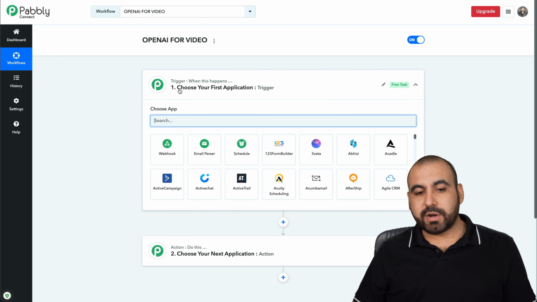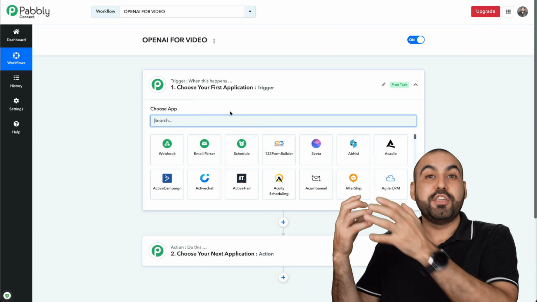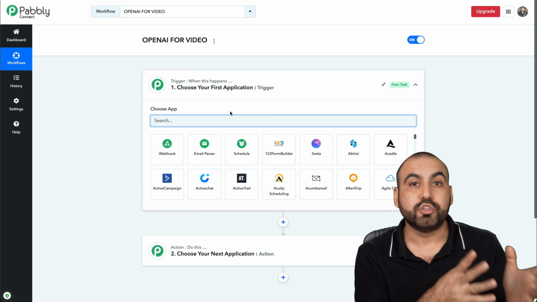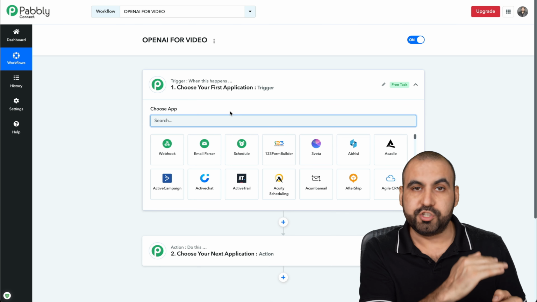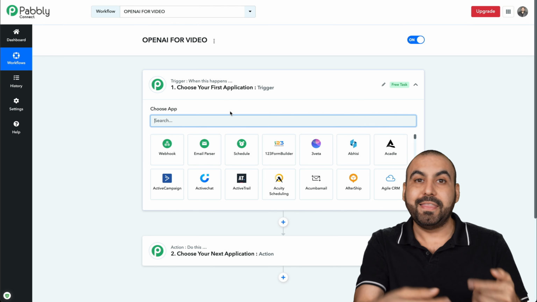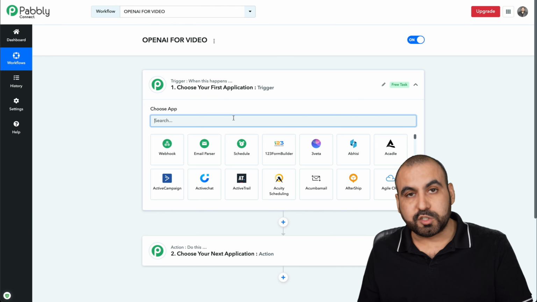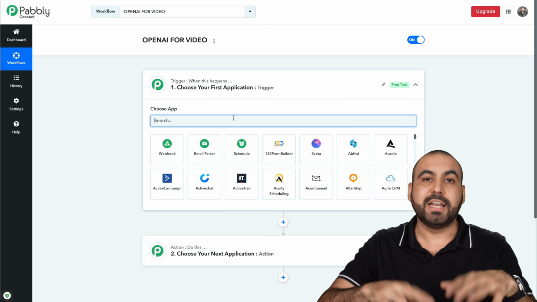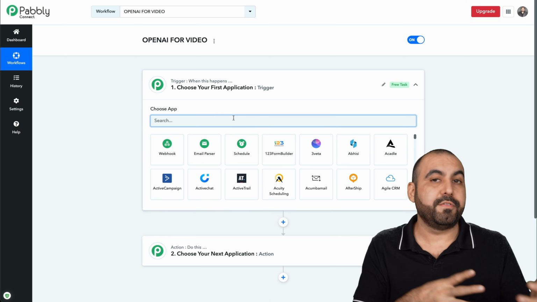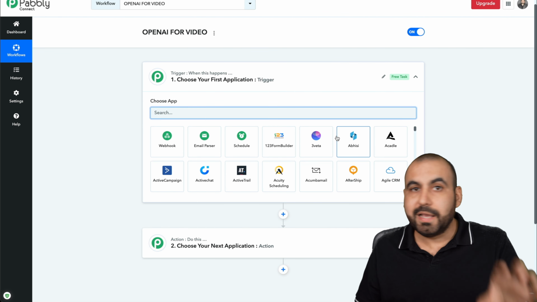Now, first thing we're going to get started with in Pabbly is the trigger. How do you want the trigger to then use it on OpenAI? Endless possibilities. You can use Google Sheets to grab titles from a Google Sheet that you grab somewhere or that a virtual assistant added for you, etc. And then convert those into blogs or responses or whatever. Or grab a response from YouTube like I've done. So you connect to YouTube and respond to comments. Or if you want to make blog posts or if you want to post on social media, all of that is available. So the trigger, endless possibilities.